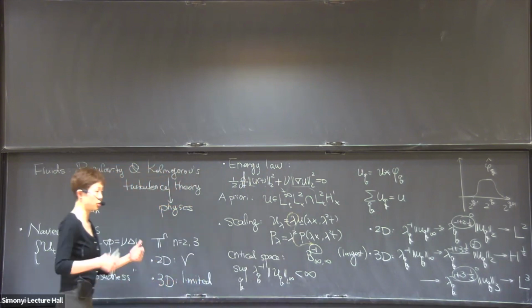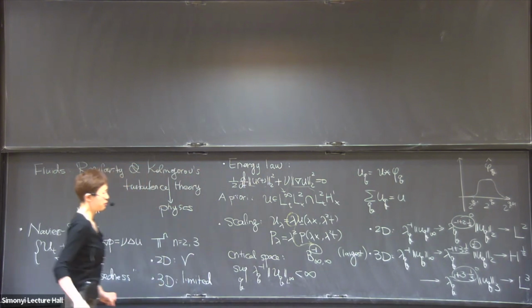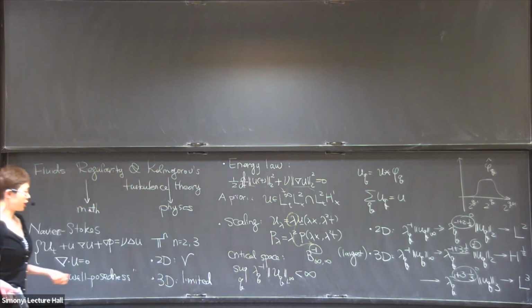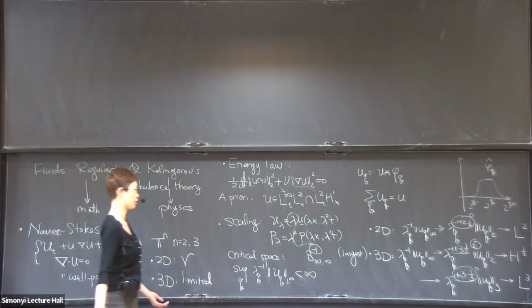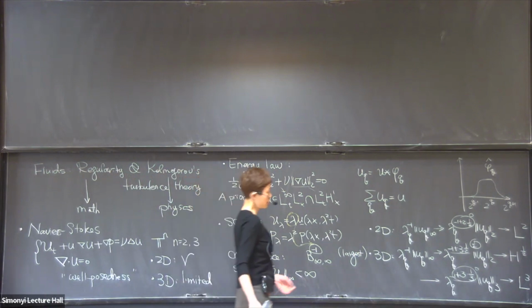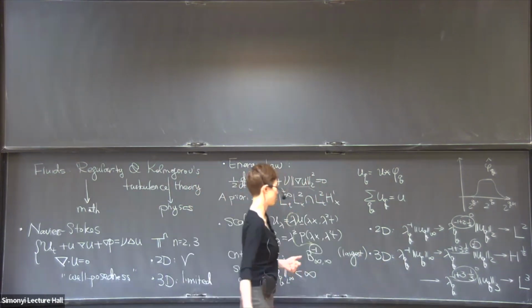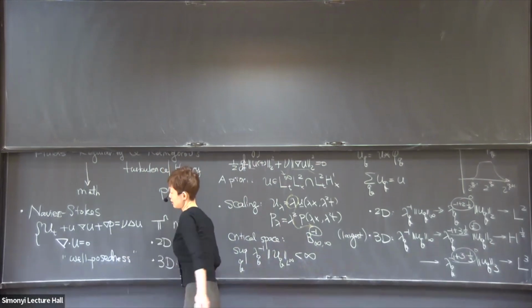It's not enough to bootstrap to get higher regularity. That's a very simple way to think about why 2D is easier and 3D is much harder. All right, so next, I'm going to focus on the 3-dimension situation and talk about the